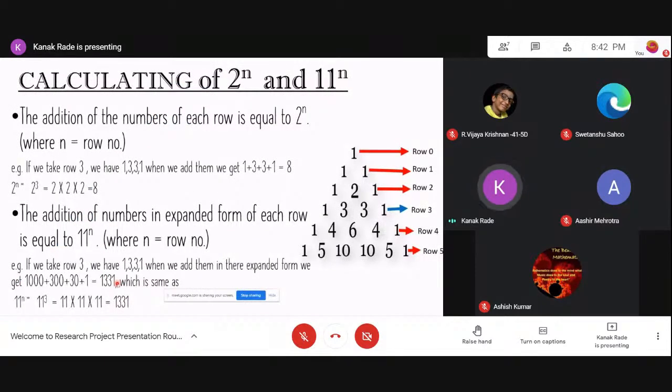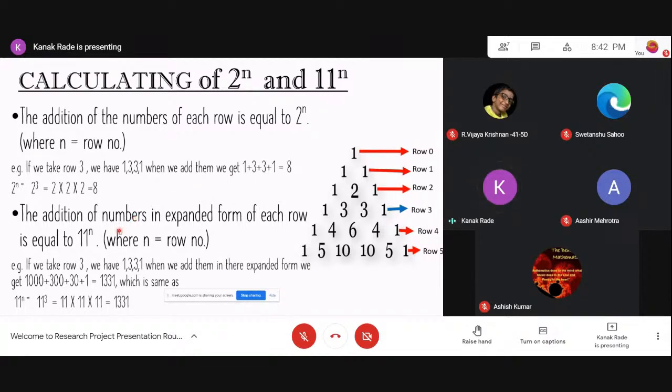Calculating 2 raised to n and 11 raised to n. The addition of the numbers of each row is equal to 2 raised to n, where n is equal to the row number. Example, if we take row 3, we have 1, 3, 3, 1. When we add them, we get 1 plus 3 plus 3 plus 1, which is equal to 8. 2 raised to n is equal to 2 raised to 3, which is 2 into 2 into 2,